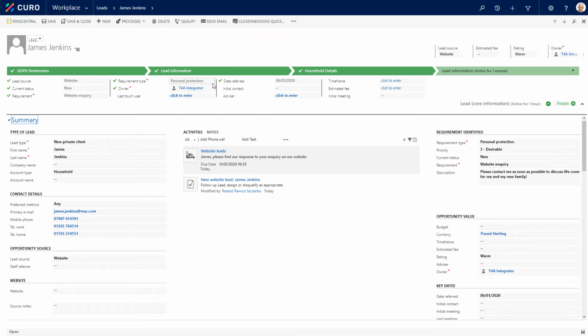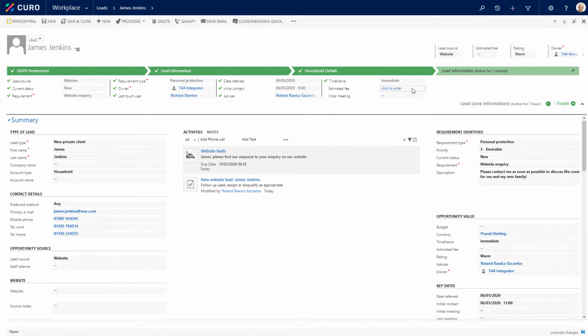As a result, he advised the client that rather than focus on protection at outset, a more detailed financial review would be required. For this, Richard recommended that James had a comprehensive financial plan created for him. The fee for this service was agreed at £5,000, and Prospero Wealth's expert financial planner, Roland, was appointed the primary